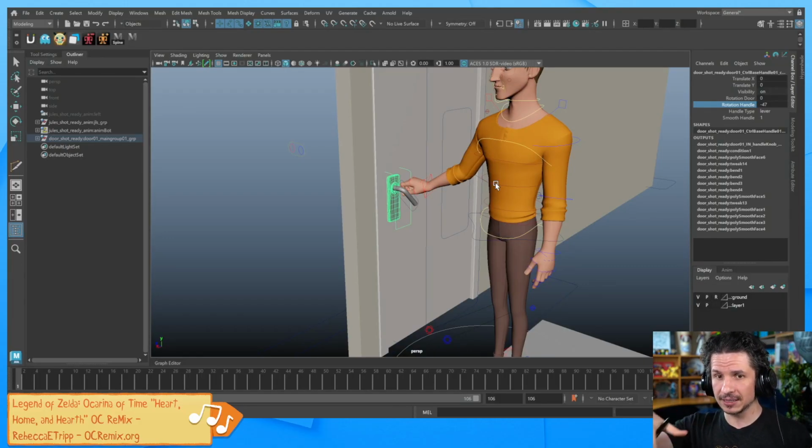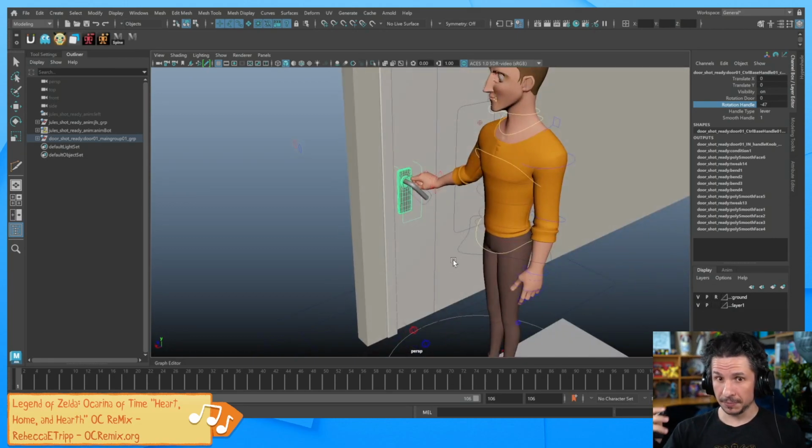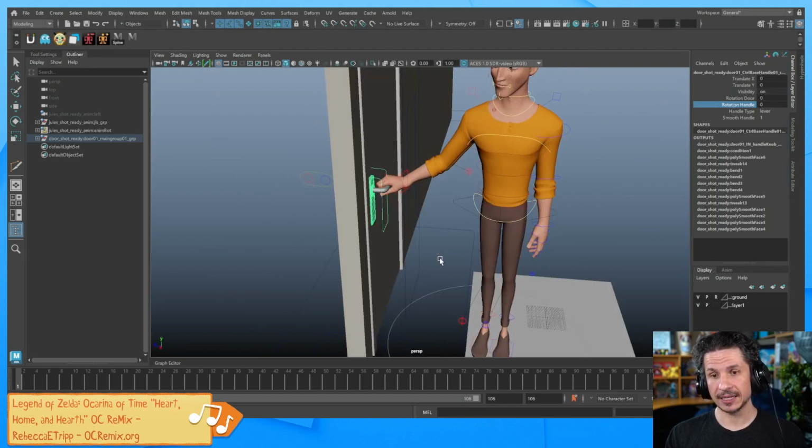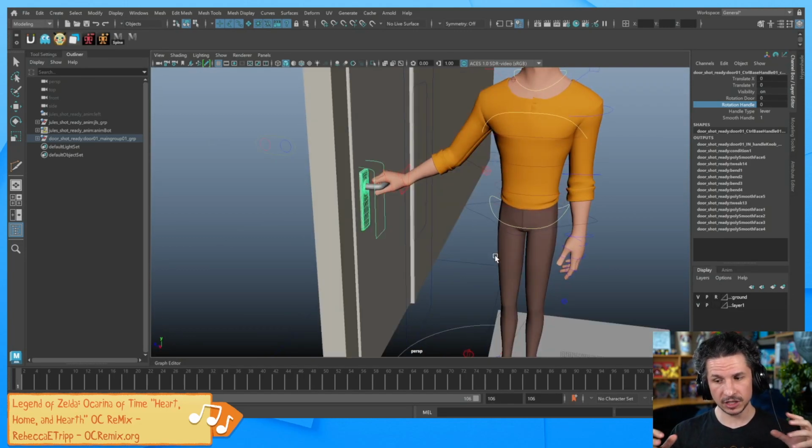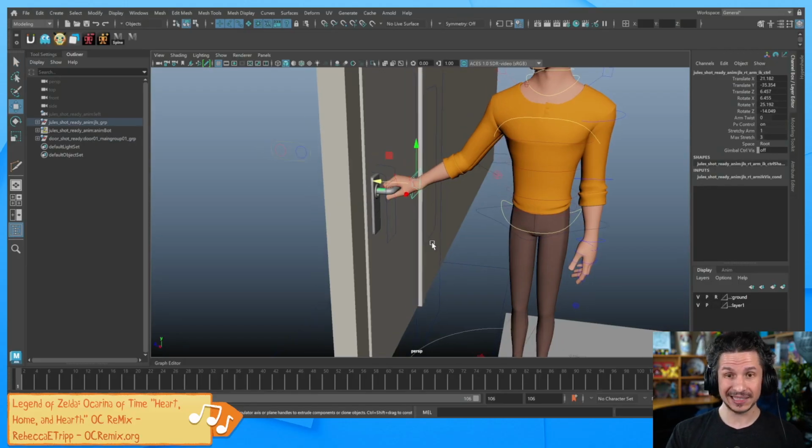Essentially, we need a pivot that is animatable and the ability to move the hand while it's constrained to the door. Now, the big thing is we do need to constrain the hand to the door in this case. I can't constrain the door to the hand or else that's going to be a whole nightmare. It's just going to tear the door right off of its hinges. So we need a constraint setup that allows the hand to follow the door, but also allows us to manipulate the hand and change where it's pivoting from. The other reason a constraint is important here, or some sort of adjustable pivot, is that by default, if I